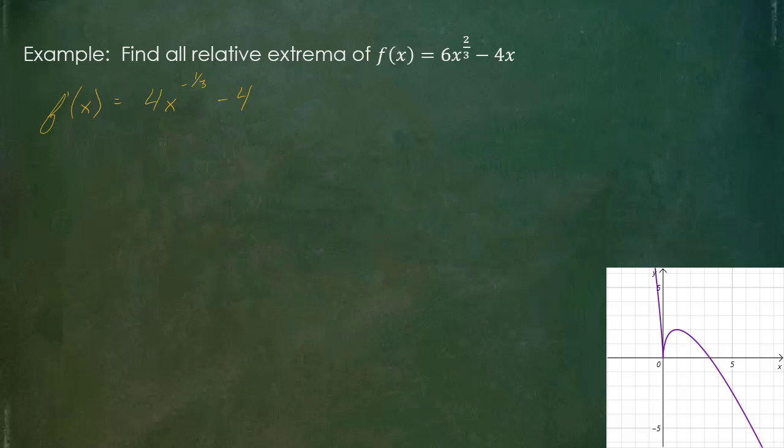So it looks like I should be able to move that negative power to the bottom and say that this is really 4 over x to the 1/3, then minus 4, which I could say is over 1. So I could now start trying to make this one single fraction by multiplying by x to the 1/3. And that would give me a common denominator, all over x to the 1/3. And it looks like the numerator would now have 4 minus 4x to the 1/3, which I could probably factor a 4 out of, but we'll worry about that when we do this next step, which is